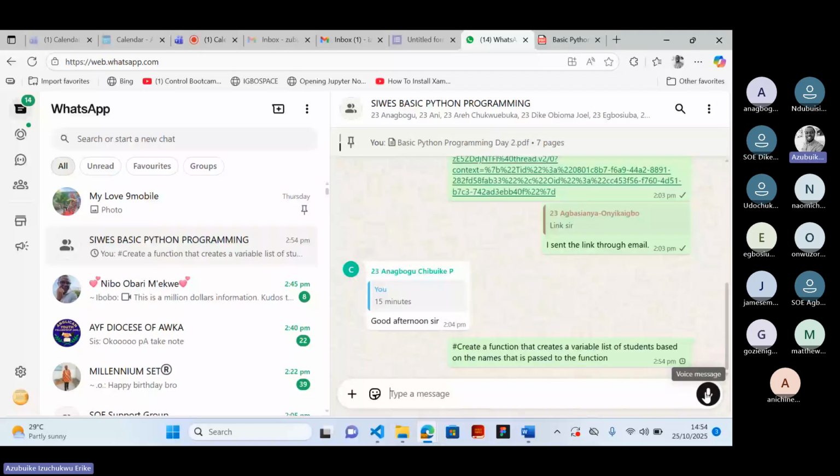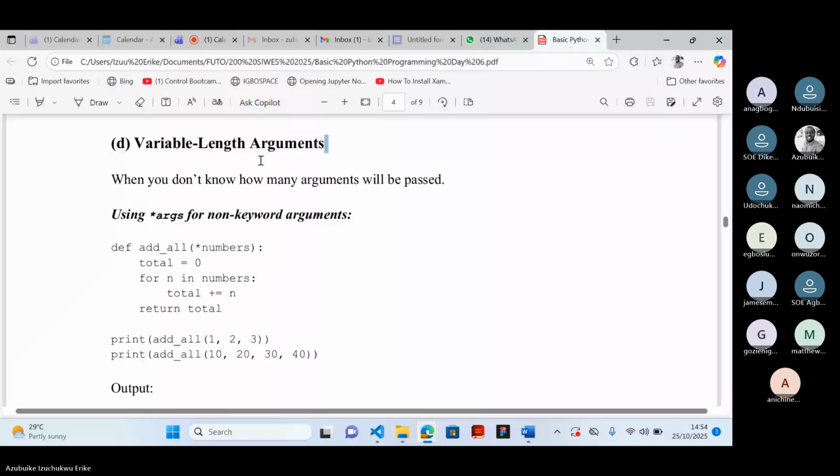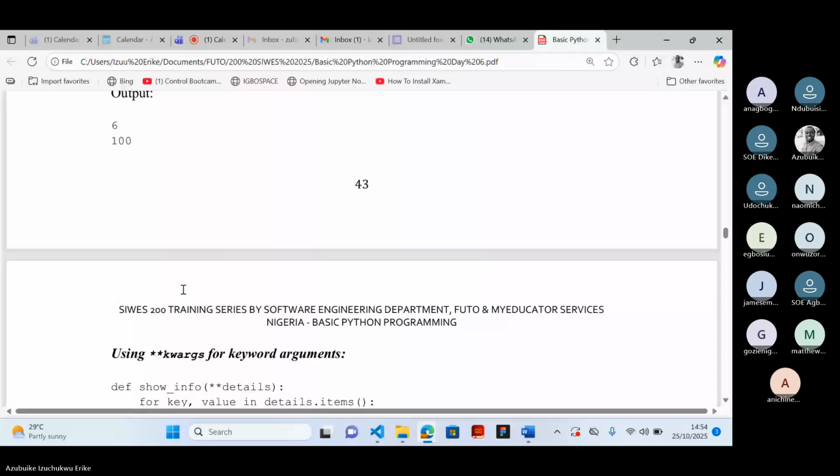Okay, I've sent it to the WhatsApp group. Create a function that creates a variable list of students based on the names that are passed to the function. Now, that's variable length argument. Okay, then next is,